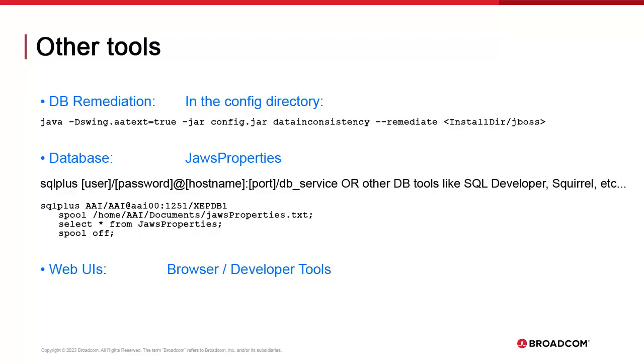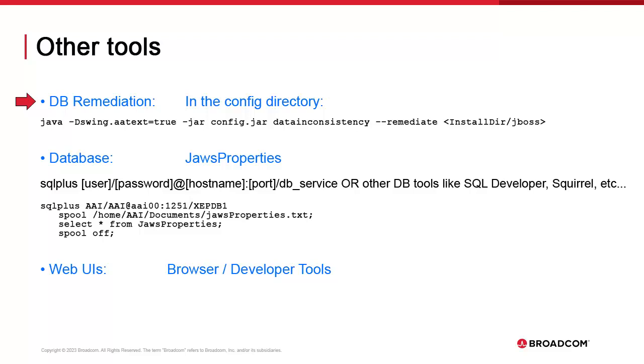Let's discuss some of the other non-log based methods for troubleshooting. First, you should be aware of the database remediation tool. A number of events like unexpected service interruptions or server failures can affect database integrity, resulting in a variety of problems like broken job dependencies or inconsistent data between job schedule executions and job stream runs. When this happens, the recommended approach is the database integrity remediation tool, which can restore the AAI database to its